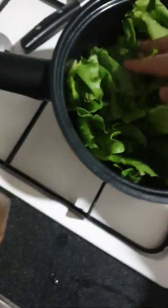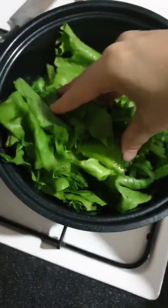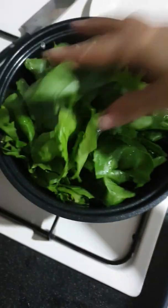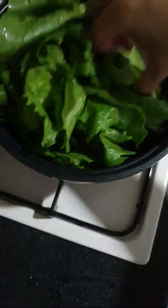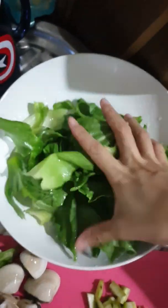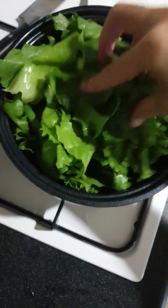This is a really easy fix, like a quick meal, like a shortcut way of cooking. I just put everything on top, and these vegetables get really soft when they're cooked, so you have to add a lot. There you go. And here,